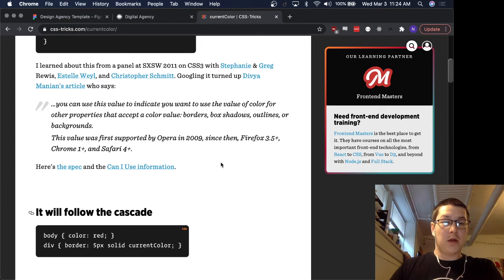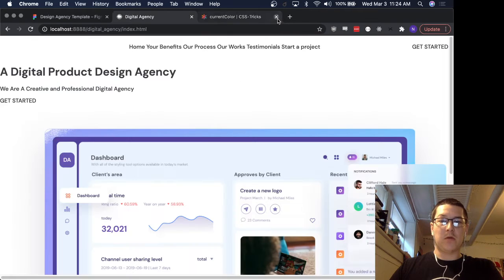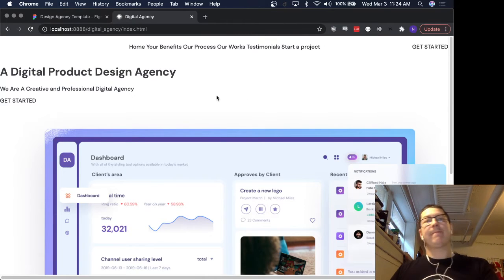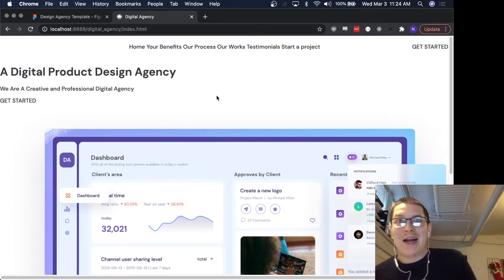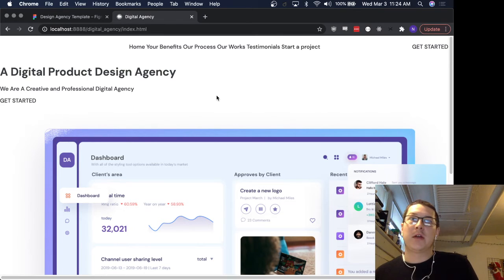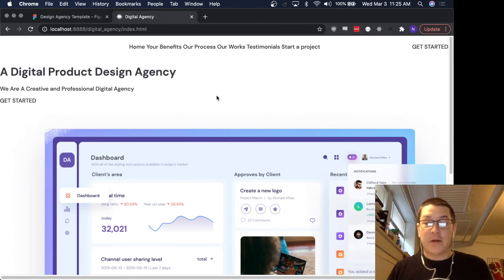And this will work with more than just text. It will work with borders, anything that can accept a color value, backgrounds, borders, whatever. It's really cool. It's super useful, especially when